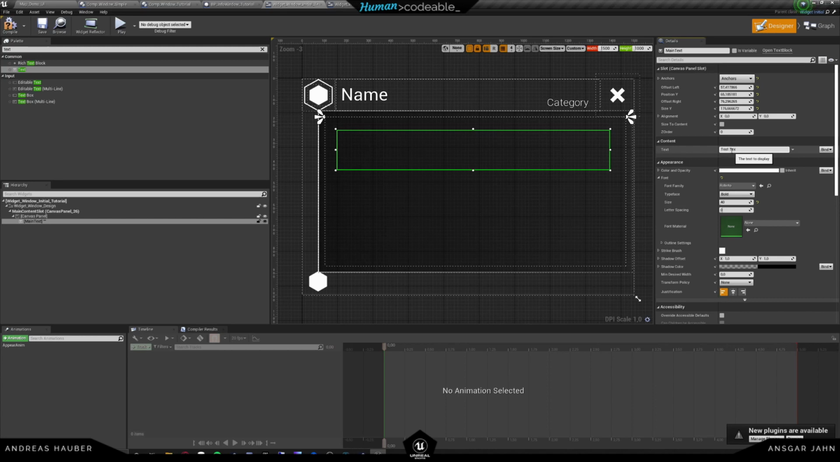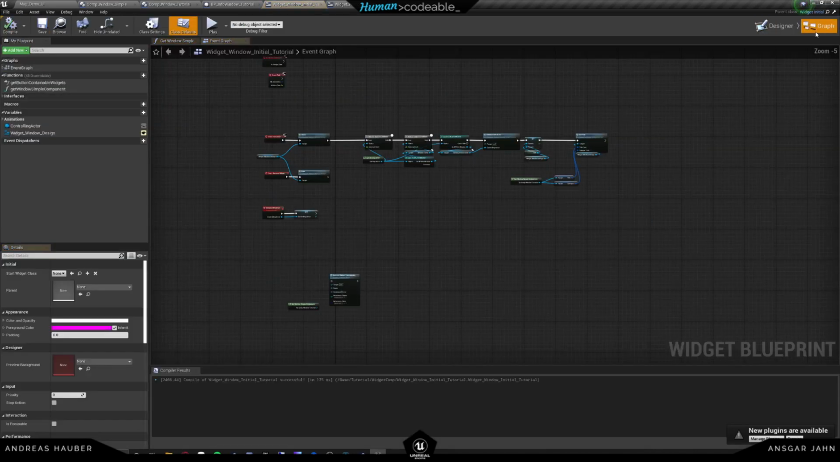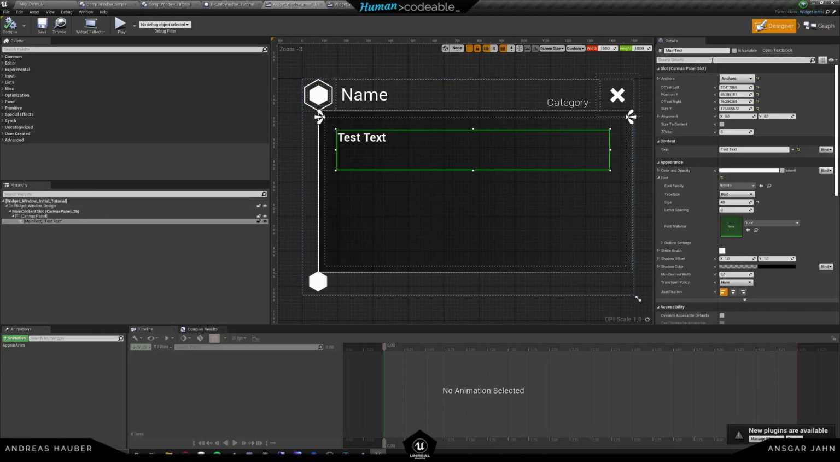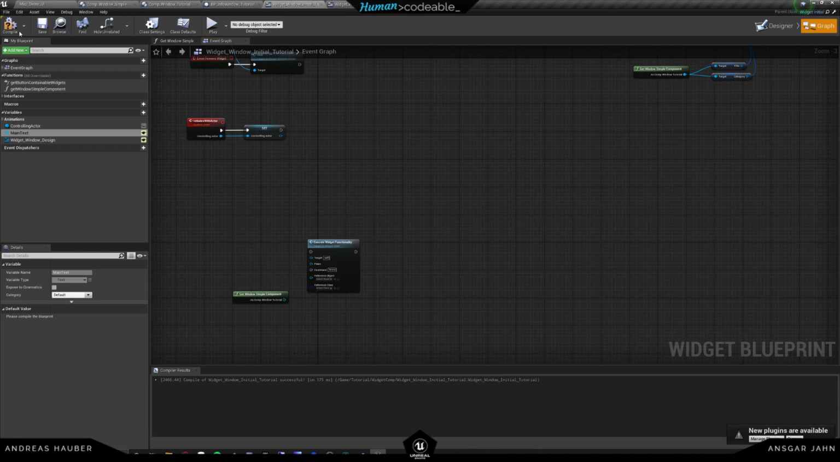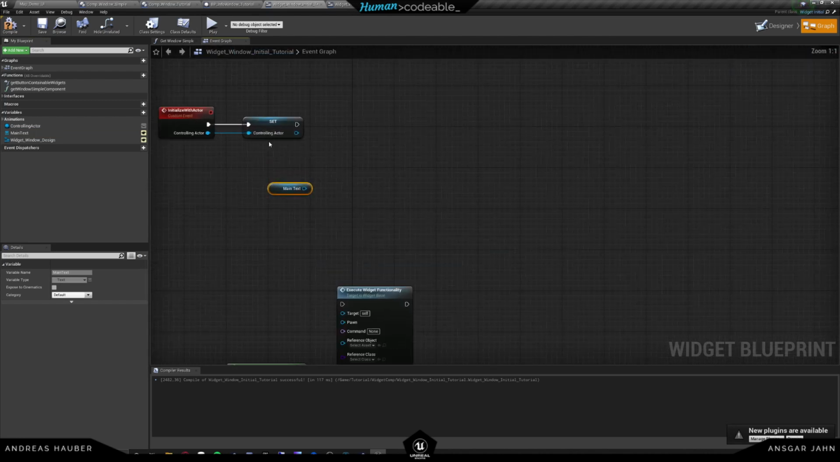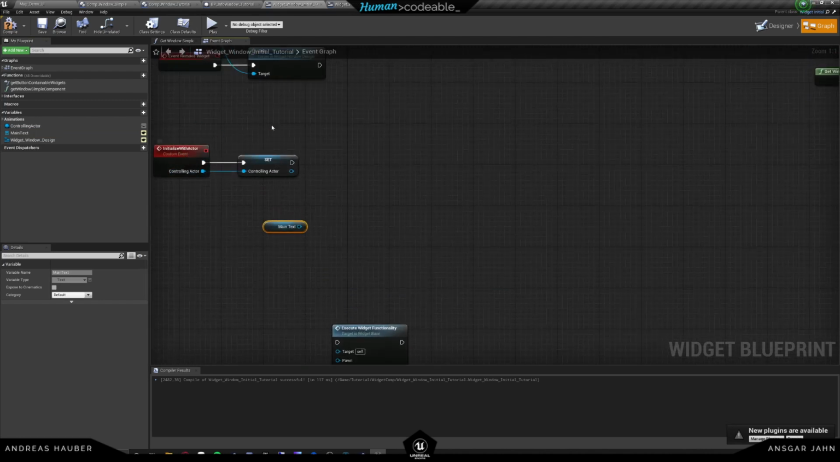Test text. So normally I would put in a lorem ipsum text of some kind, but you'll get the idea. So this is going to be the test text, and we have to make the variable visible so we are able to access it in the blueprint. So now we have our blueprints over here, and if we want to start implementing the text